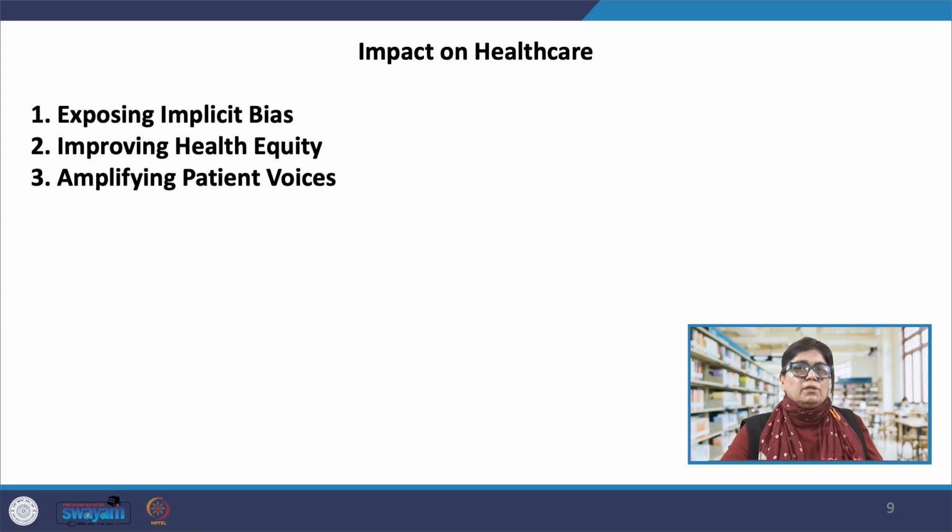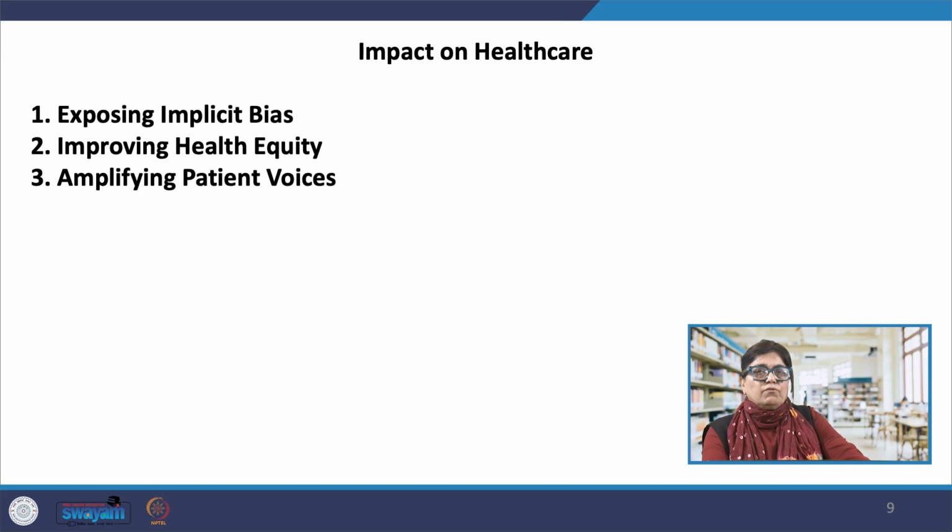in patient care. Improving health equity drives policy changes by proving that clinical outcomes depend heavily on social justice. Amplifying patient voices values the lived experiences of marginalized groups over rigid institutional data. The core critiques and theoretical framework of biomedical discourse: the intellectual foundation of this critique relies on several key